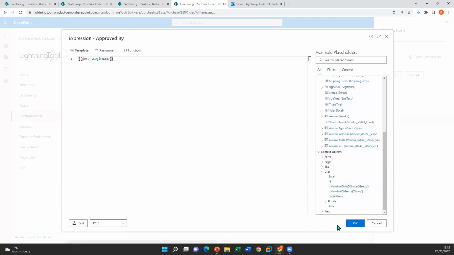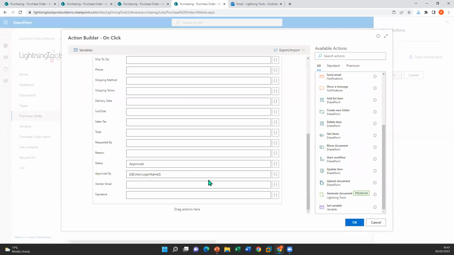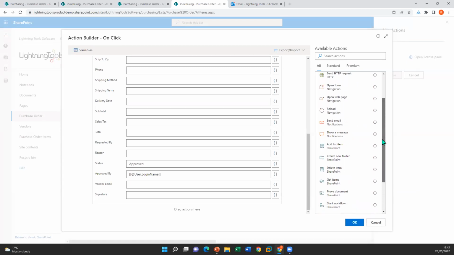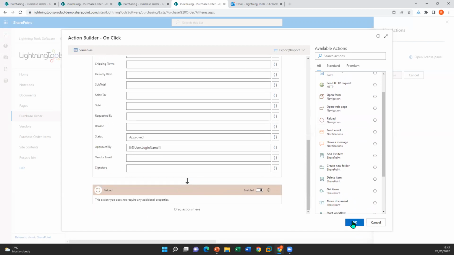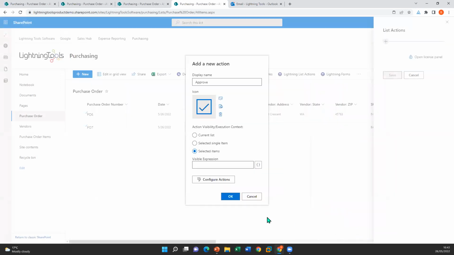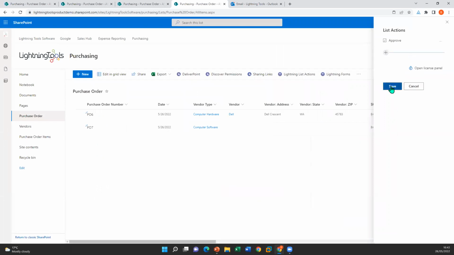So we'll get the login name of the current user. That's who it'll be approved by. Okay, and then once we've done that, I'm going to use another reload, which would mean that we don't have to do a page refresh to see the results. Okay, so once I've okayed that and saved it,